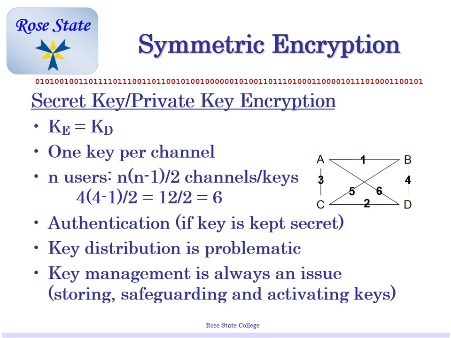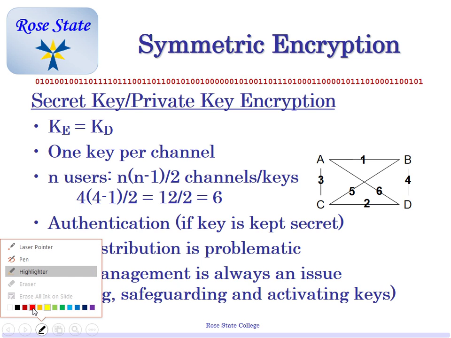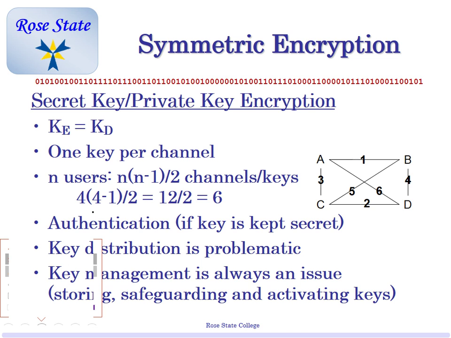End users. So say there are 4 of us. Let me get a different pen. I like this one. Let's go to red. So if we have 4 users, just like over here, A, B, C, D, okay? That's definitely not red. That's close. Close enough. Is that better?